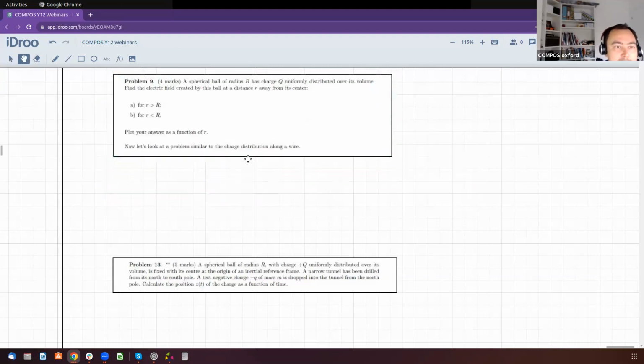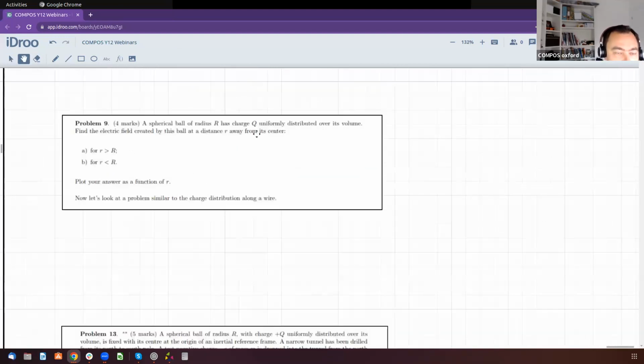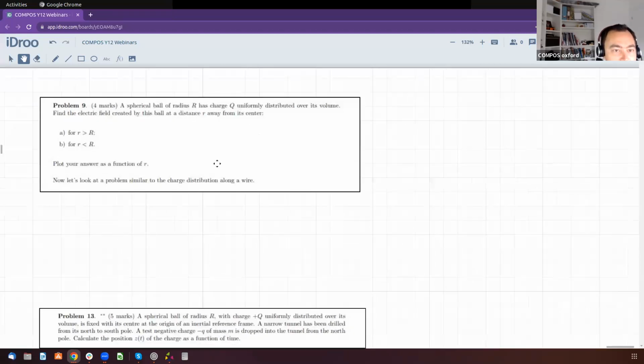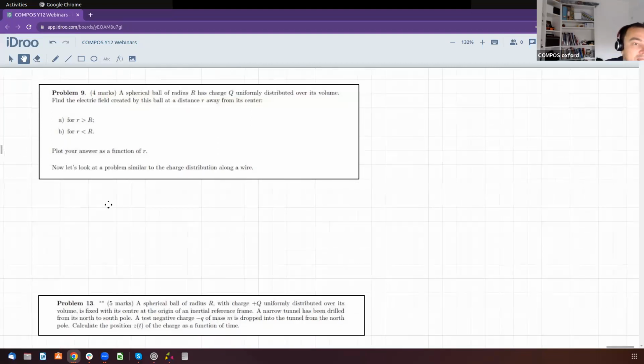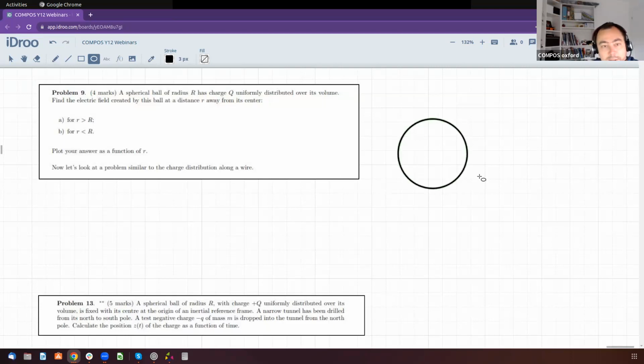A spherical ball of radius R has charge Q uniformly distributed over its volume. Find the electric field created by the ball at the distance r away from the center. So two weeks ago we discussed, and this is covered in example 6 very thoroughly. So do look at example 6, that if you have a sphere